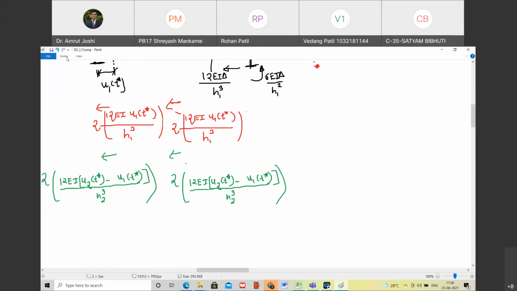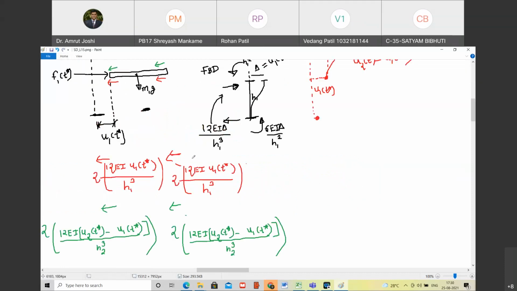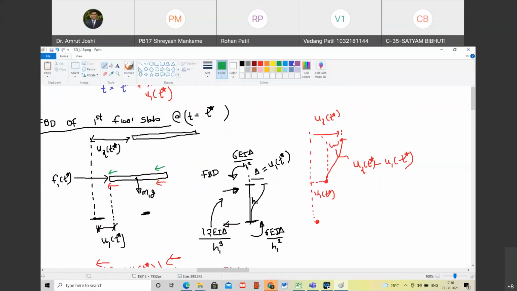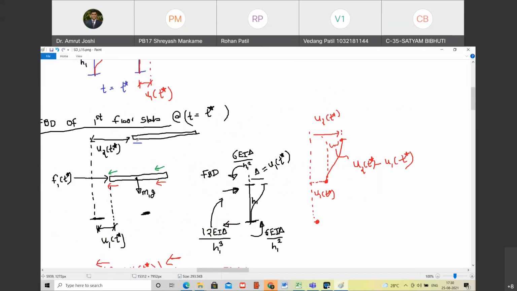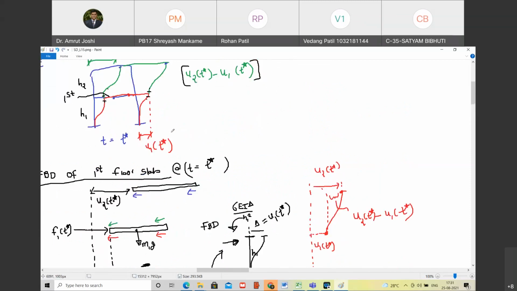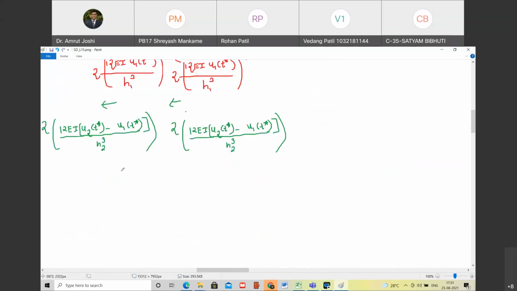Yes, sir. Great. अब जरा यहाँ पे ध्यान दो. If I were to draw the free body diagram of upper story slab, तो मुझे क्या दिखाना पड़ेगा? So on upper story slab, I will have to show the forces applied by top ends of these two columns. Do you agree with me? Yes, sir. But what are these two forces? These two forces are exactly the same in magnitude as these two. Do you agree with me?